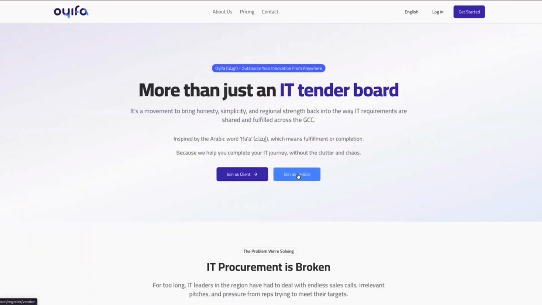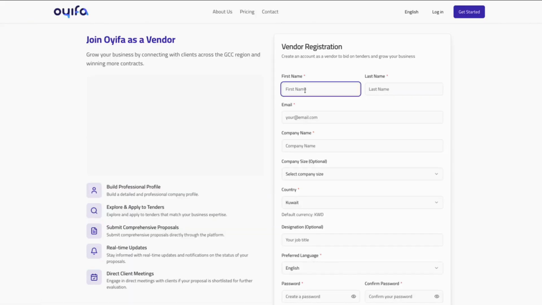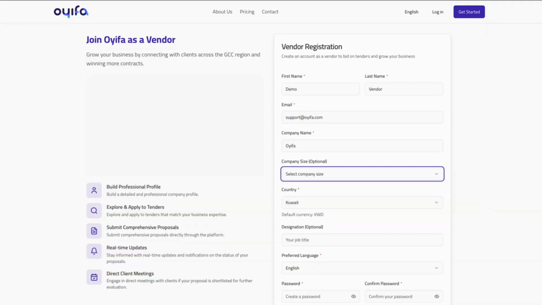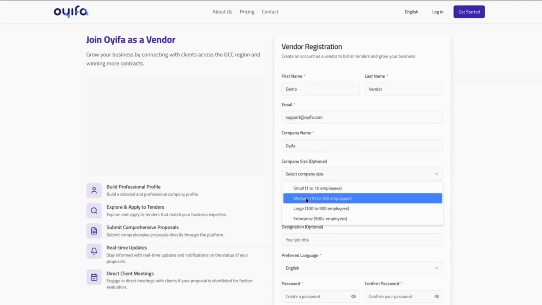Welcome to the Oyifa vendor side demo, showing how vendors join the platform and engage with client tenders. Start on the Oyifa homepage and click Join as Vendor to begin registration. Fill in the vendor registration form. Enter your full name, your email address, for example,